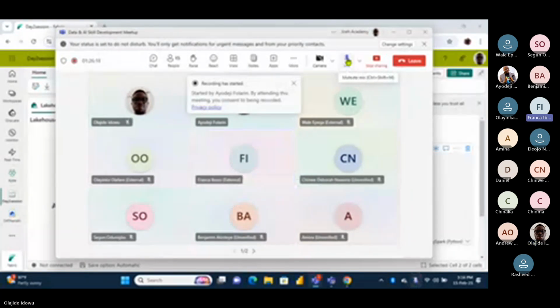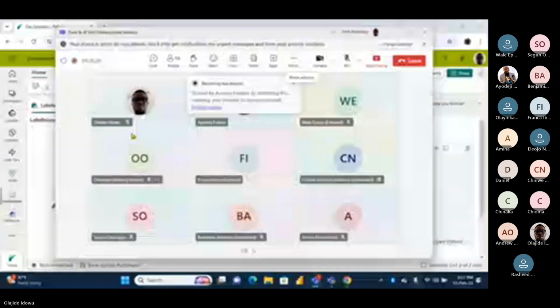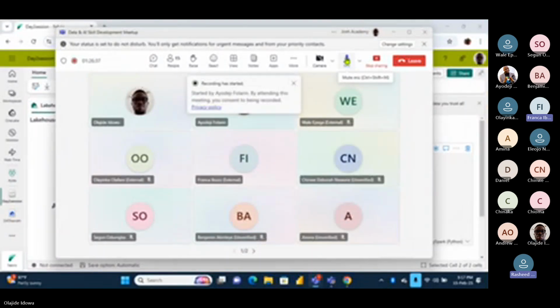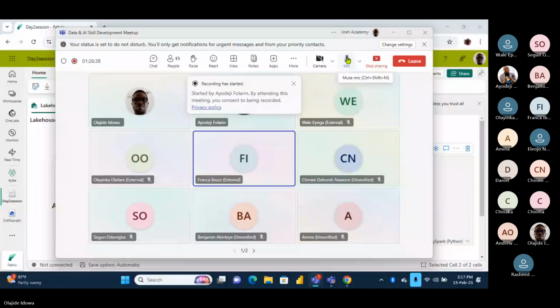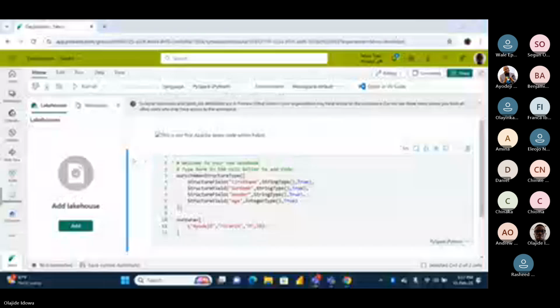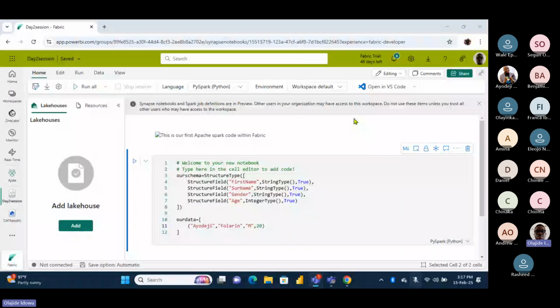Can you share your screen while you're doing that so we can see the codes? I'm sharing my screen. This is my screen. We're not seeing the codes. I need to see the codes. Ginny, can you share the codes? Thank you. Now I can see it. It's okay now.